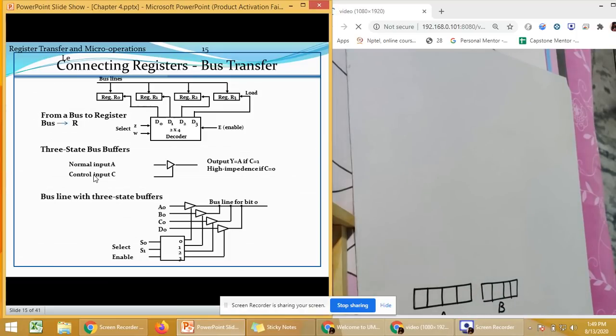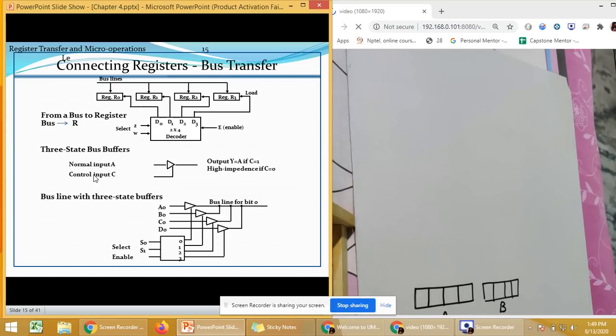Now we are going to do the same thing using the three-state buffer, which was done earlier using the multiplexer. As you know, a multiplexer requires a very high circuit complexity. A multiplexer requires a number of gates to be implemented. It also requires OR gates and NOT gates. A number of gates are required. Whereas if we can use a three-state buffer instead of a multiplexer, then it will be an easy task to create that bus.